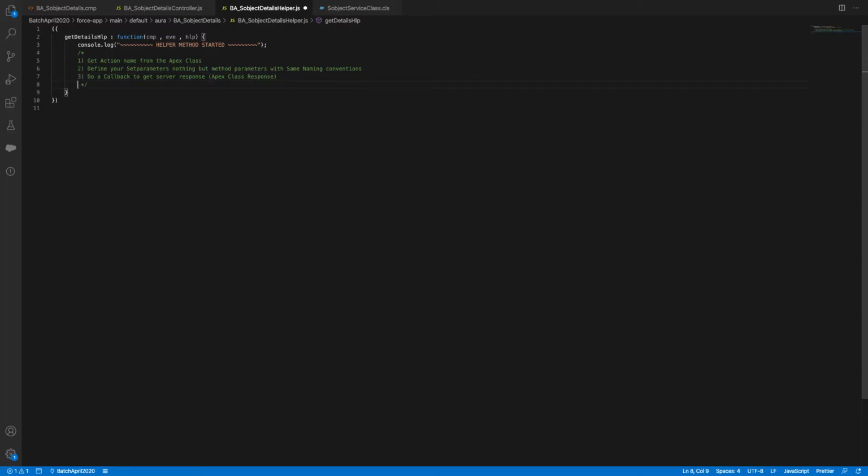And the fourth step is enqueue your action. So these are the four steps involved to do any server call. But don't worry, it's a syntax which is very constant and provided in the document. So you can do callbacks very easily.